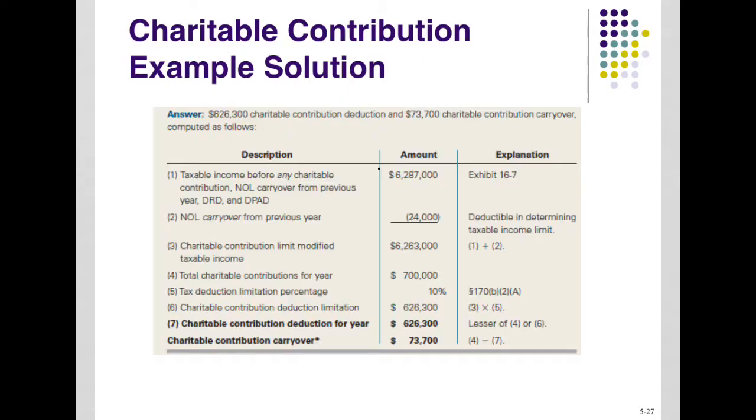So here you get to take that off as a deduction. Or you have to take it off as a deduction, so this becomes the limit, and 10% of that is 300. So clearly we could see that there was going to be some amount not allowed as a deduction in the year, and it's carried over.